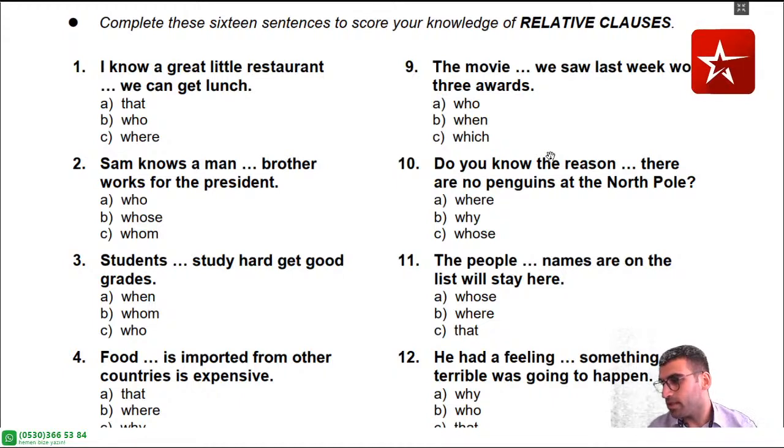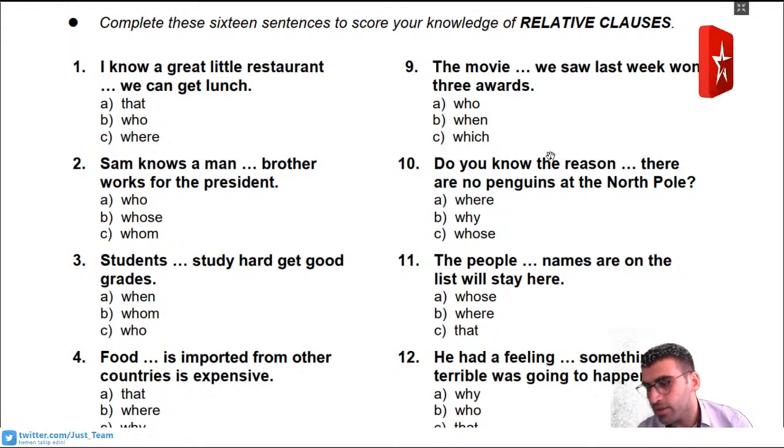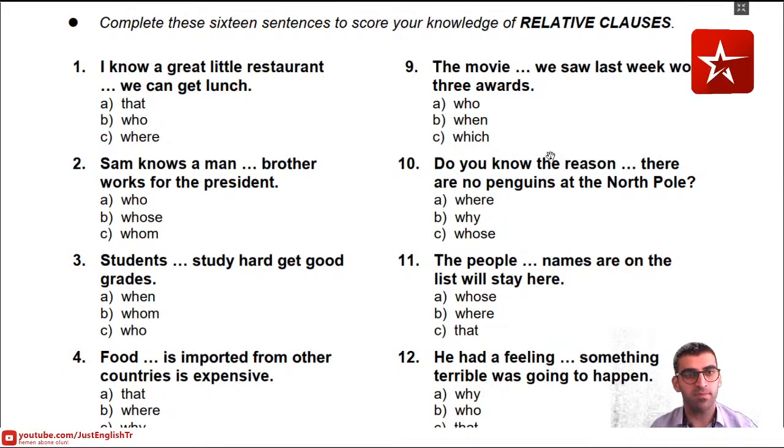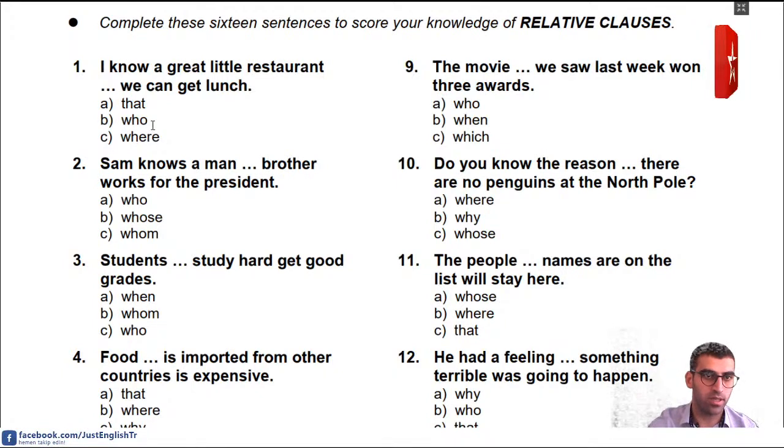Number 2, they say who. Number 2, whom. No, not whom. Not whose or who. Which one is correct for number 2? Number 2, the correct answer is B. Whose. Whose is the correct answer. Yes, whose. Also, let me highlight these correct answers.